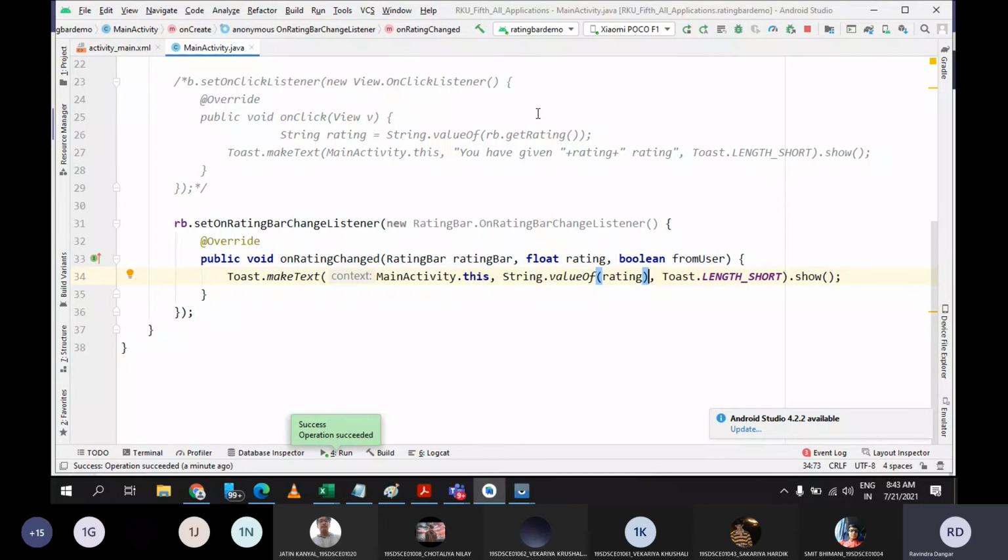For each control, for each component, you will have to identify your requirements. And in this case, let's say for the first scenario, my requirement was I need user to select number of stars, and then based on the click event only I want to get the value. This is what we have done. My second scenario was I was having requirement that as soon as I change the rating,